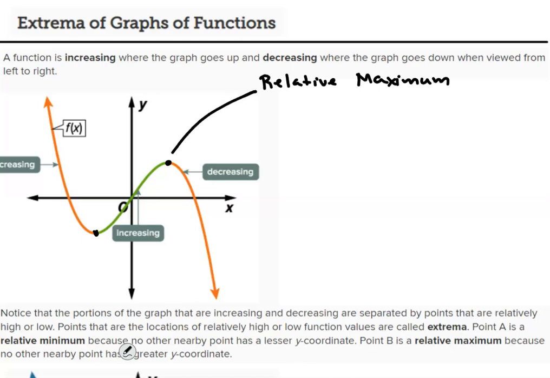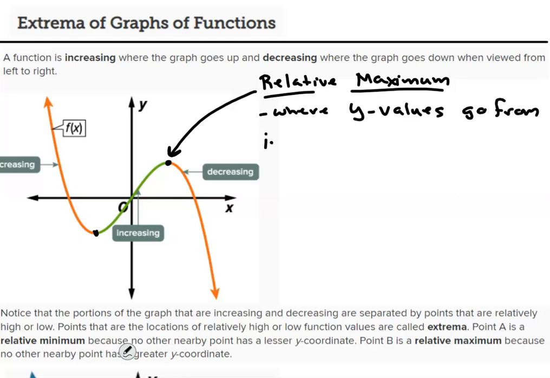A relative maximum would be right here, and the definition would be where y values go from increasing to decreasing. So our y values are going up, and now they've reached their maximum point, and now they're going down. So on the other side of that, we have what we call a